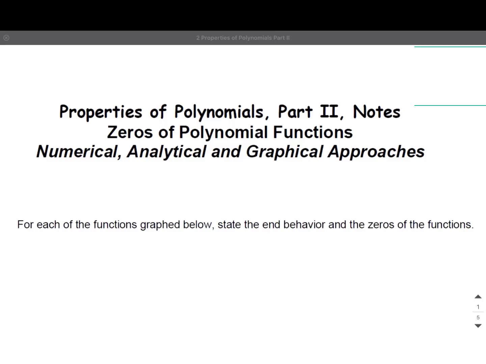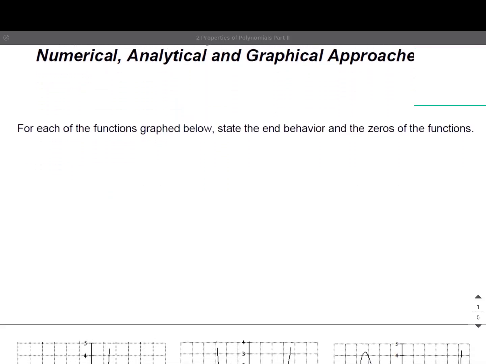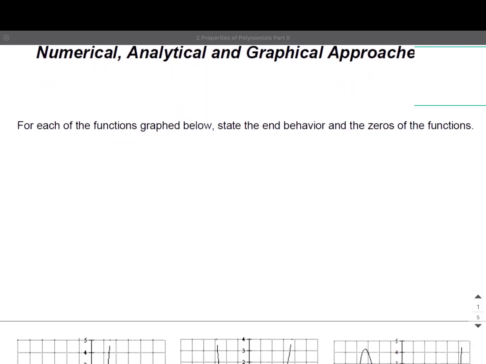Hi guys. Okay, so here we are for more properties of polynomials, part 2. We're going to look at zeros of polynomial functions as well as some end behavior. Okay, now for each of the functions graphed below, we're going to state the end behavior and the zeros of